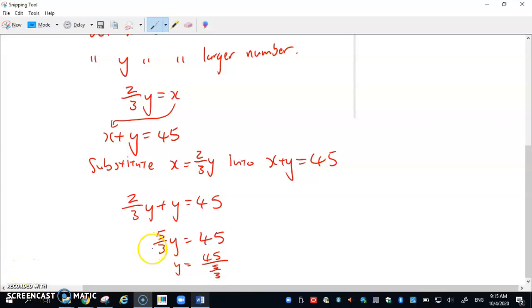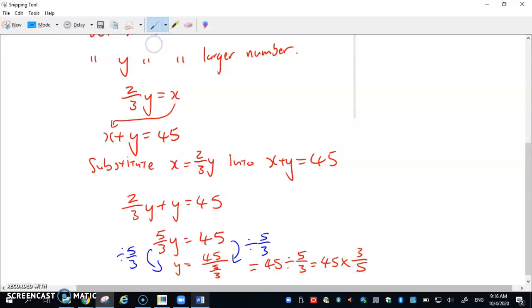Okay, we are doing this because we are dividing 5/3 on both sides of the equation. So 45 divided by 5/3 will equal 45, okay, I'll do cancellation. What I get is 27. So now since y equals 27